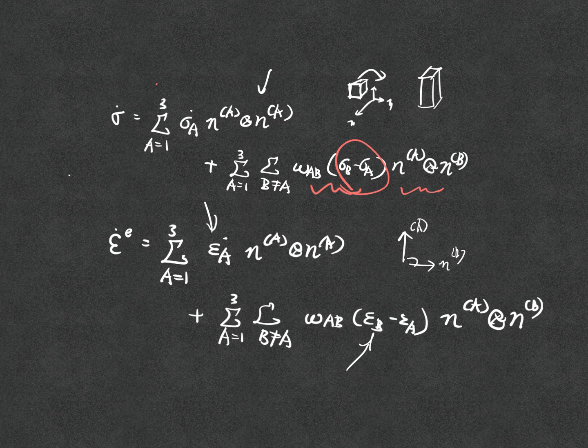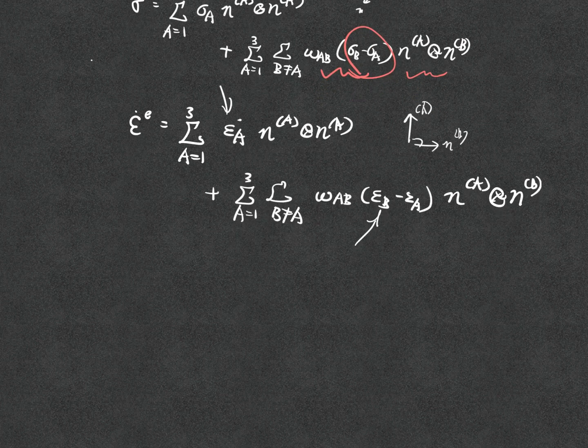I use the elastic tangent modulus, and if the material is linear, then I only have one. Elastic tensor, right? And the elastic tensor is written in the following way: CE equals to